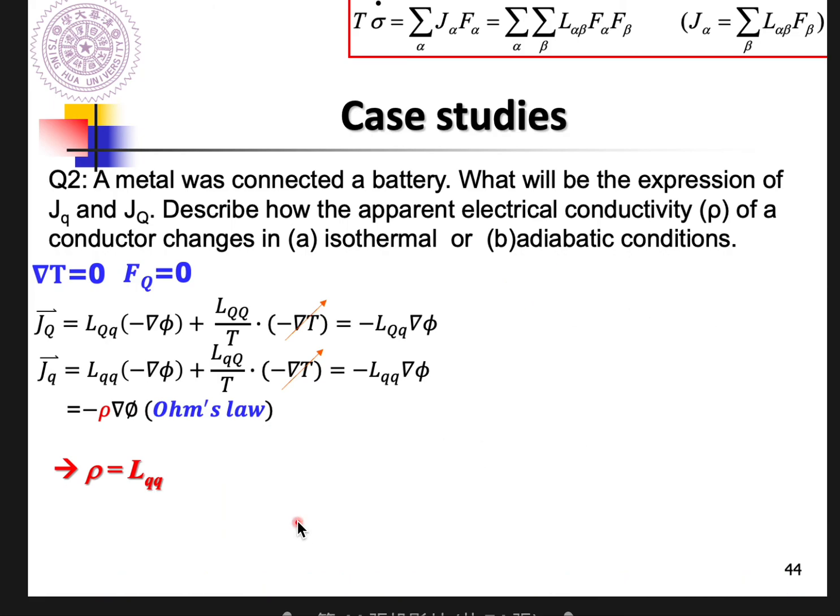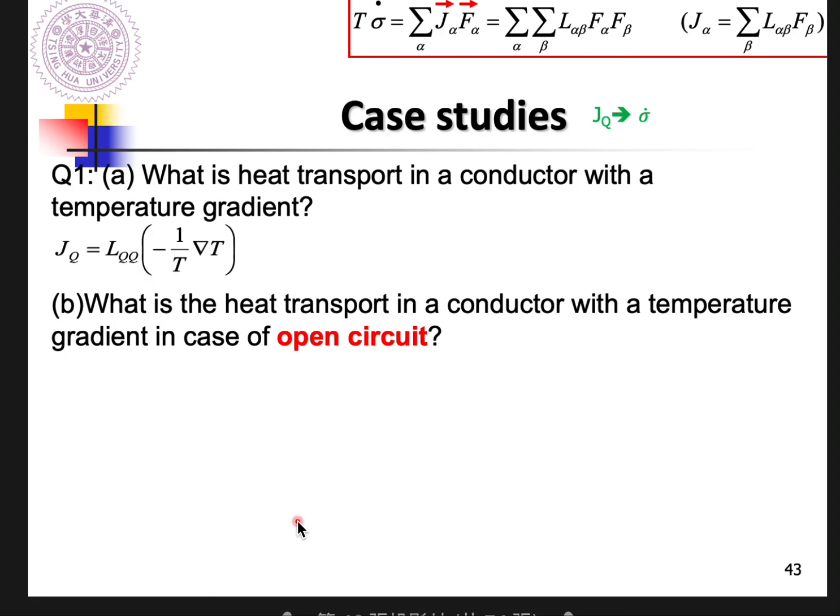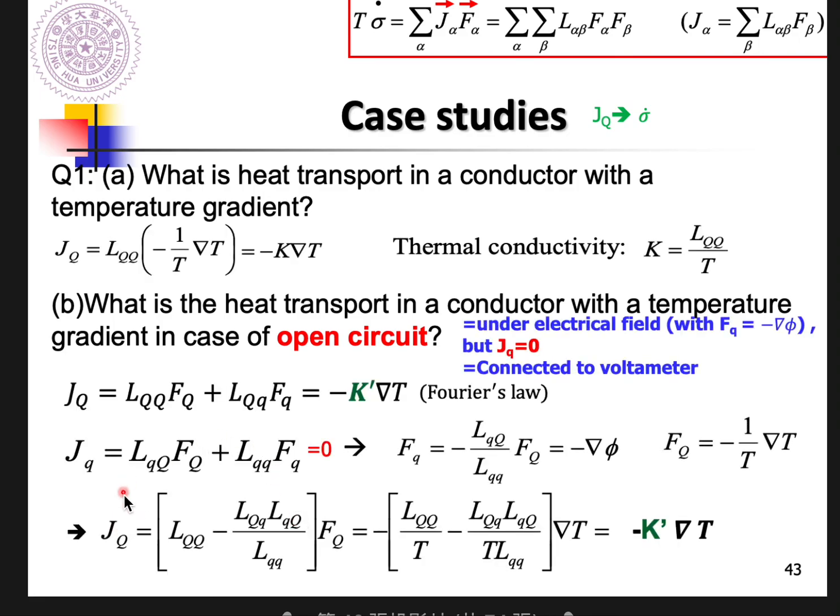The same thing happens in the previous case. There, you are going to measure the thermal conductivity by measuring the heat flux divided by the temperature gradient you apply on this system. If other driving forces are applied in this system, for example an electrical field or a concentration gradient, they definitely contribute some amount of heat flux through the coupling coefficient, whether it increases or decreases it. So the thermal conductivity you measured is not the correct value for your material of interest. Okay,